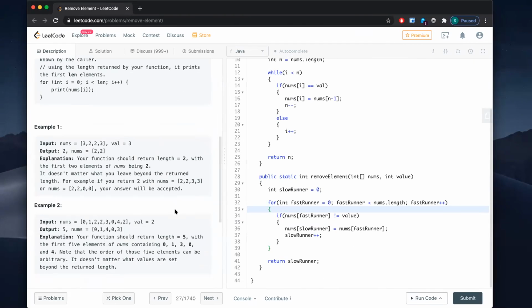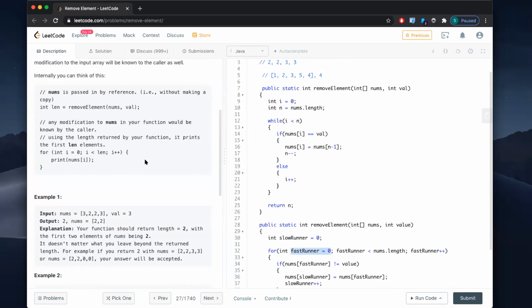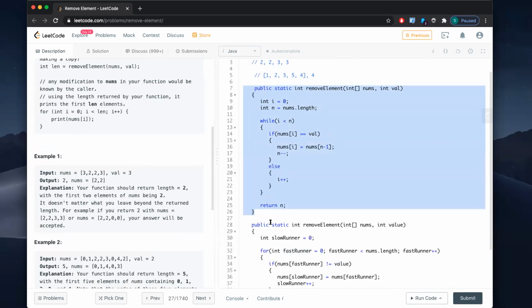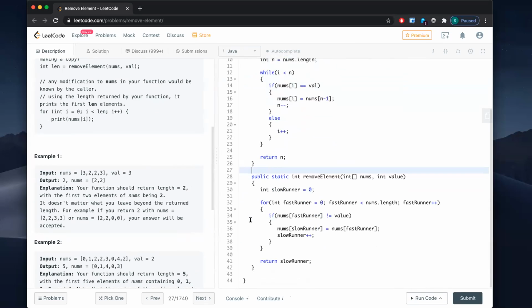Yeah, and also you have to start both of them from the beginning only. You cannot have one at the beginning and one at the end. Here both of them are at the beginning, so the order will be preserved. But in the above one, you have one starting from the left and the other starting from the right. So when you do the two pointer approach at the left and right ends and swap, you will have to swap by looking at the value equal to the target value, right?